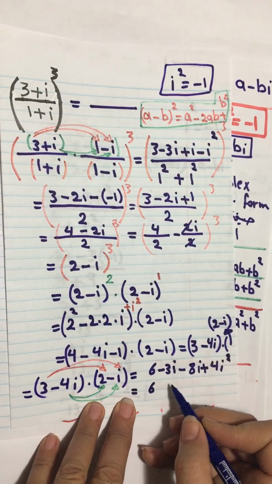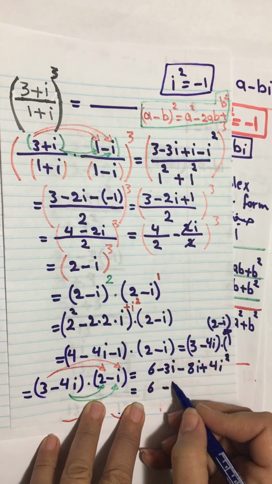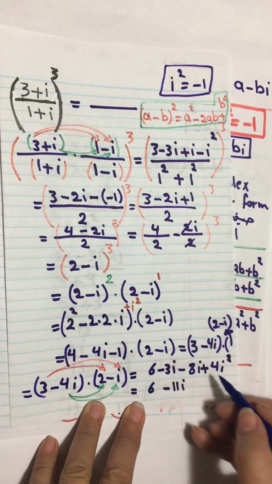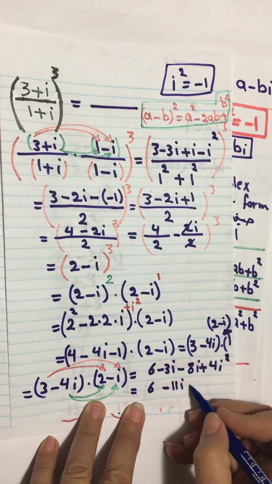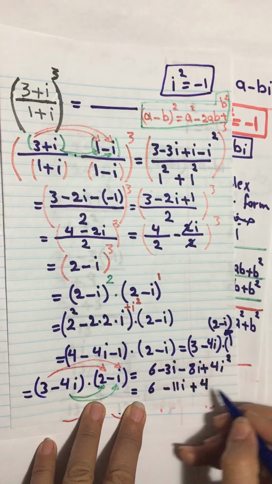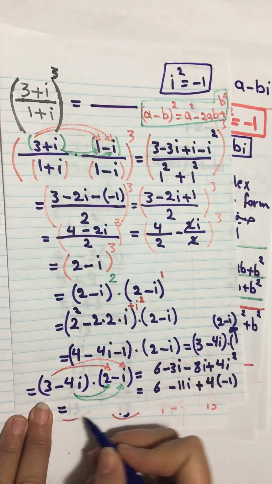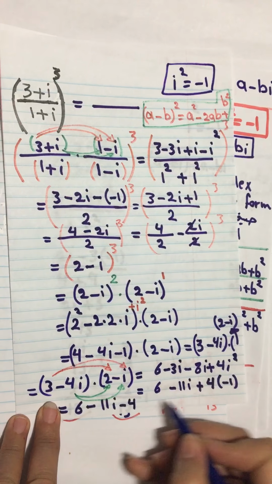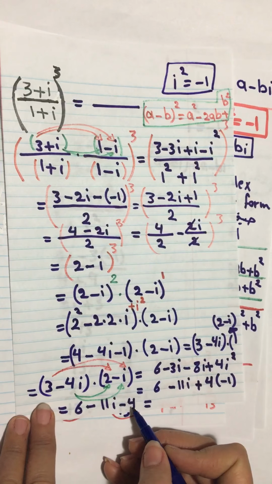equals 6 minus 3i minus 8i, this is going to be minus 11i. i square equals -1, so 4 times i times -1 is going to be -4. Or I could write it down plus 4 times -1, which equals 6 minus 11i minus 4 equals 6 minus 4, 2